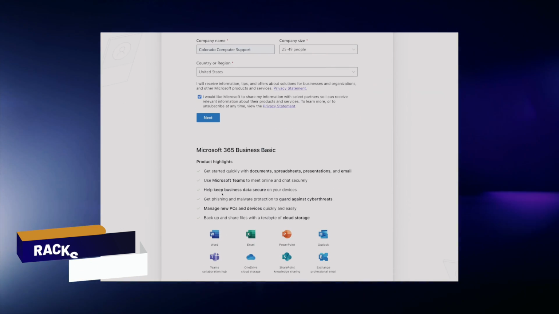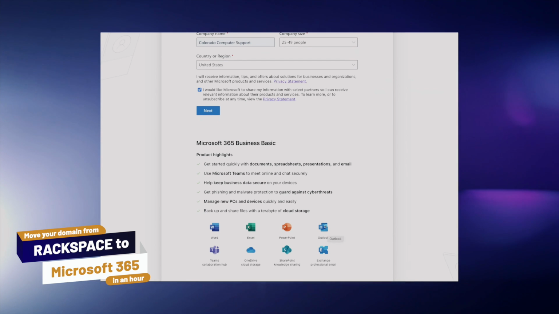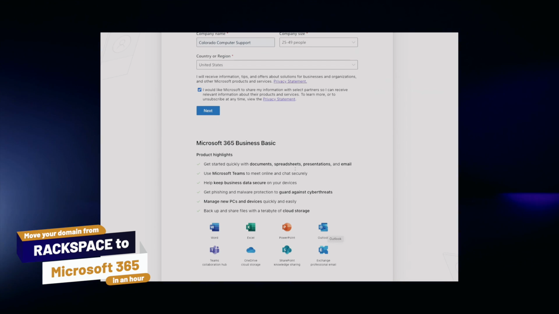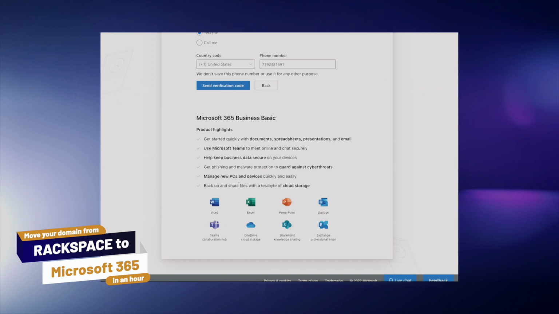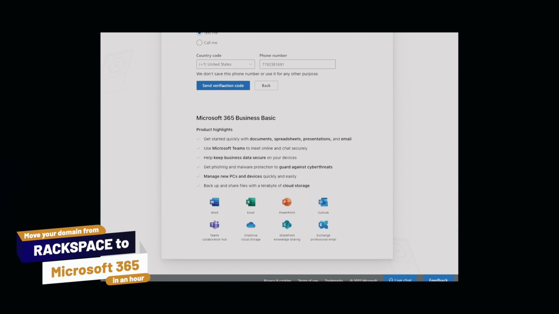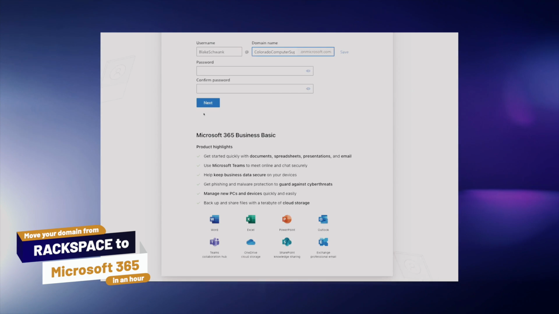So, and this is what I'm getting. So I'm getting Outlook down here on the bottom right, which is the key part of email. I need that Outlook, okay? All right, then it's going to text me a verification code. Okay, so